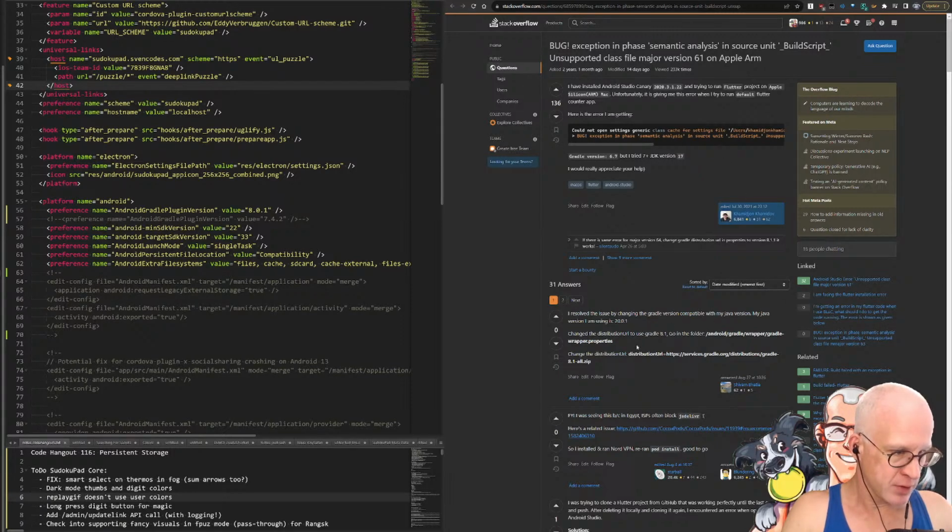My Java version is 20. Change the distribution URL used by Gradle to 8.1. Gradle wrapper, change the distribution URL. All zip, yeah, that's what I did. So Gradle, Gradle or Gradle? I don't know. So, Android